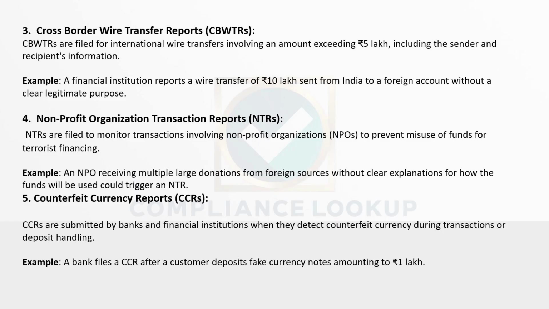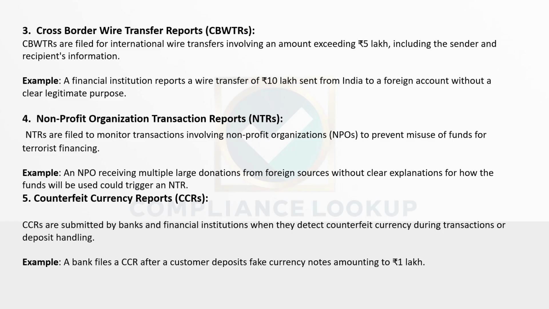Fourth, non-profit organization transaction reports (NTRs), filed to monitor large transactions involving non-profits to prevent terrorist financing. Example: an NGO receiving large donations from abroad without explaining the use of funds triggers an NTR. Fifth, counterfeit currency reports (CCRs). These are filed when counterfeit currency is found in transactions. Example: a customer deposits Rs 1 lakh in fake currency at a bank and the bank reports it to FIU-IND